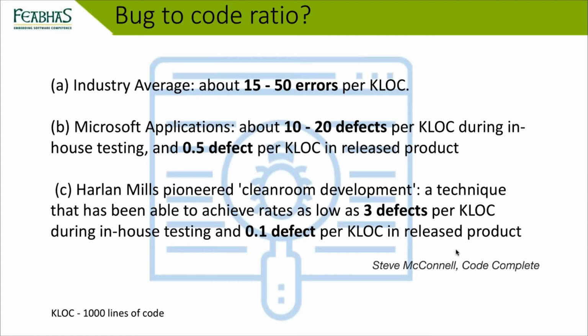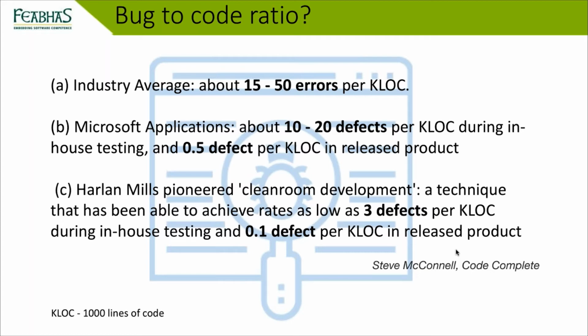Steve McConnell's book, very, very good book, Code Complete. If you've not read it, I highly recommend it. A lot of very, very good information in there. And he brought out this information. Now, this is, again, a few years old, and it can be very, very difficult to get this information out there. But there he talks about the industrial average being between 15 and 50 errors per 1,000 lines of code